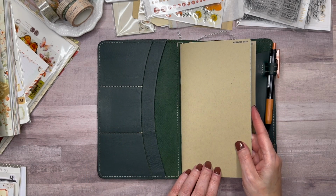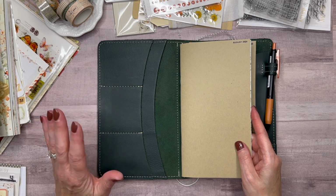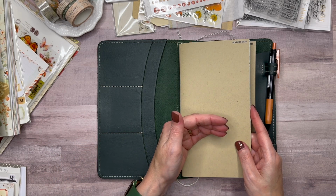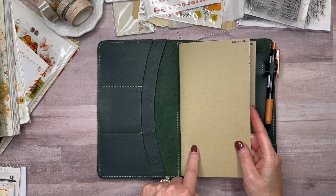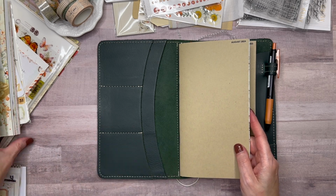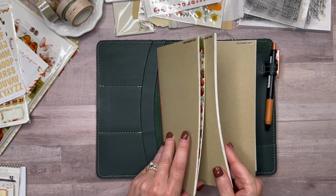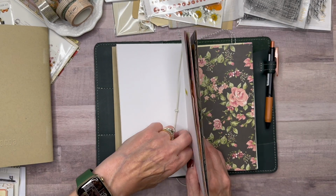I keep the last book of, so the prior month for the current year, if that makes sense. So we're going into September. So this now becomes the prior book as of, well, tomorrow. So this is August of 24. I keep that in here. And then I add this in the front. So that means I would have to shuffle around my books. So this one,